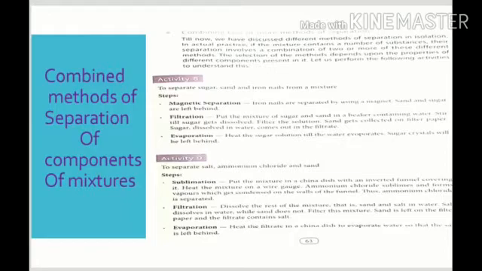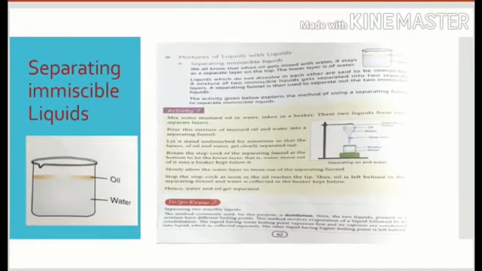And second, we are going to discuss activity number 8 and 9, which explain how we can use more than two methods to separate the components of some mixtures, in which many methods are used to separate the components.